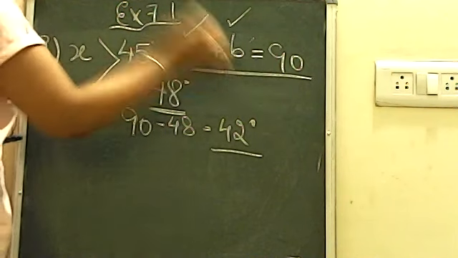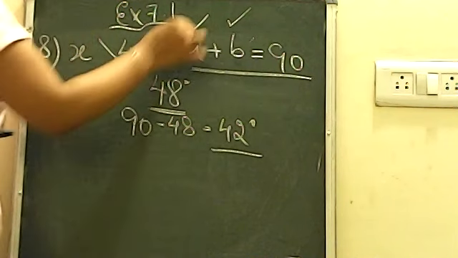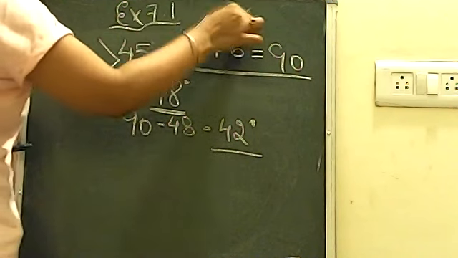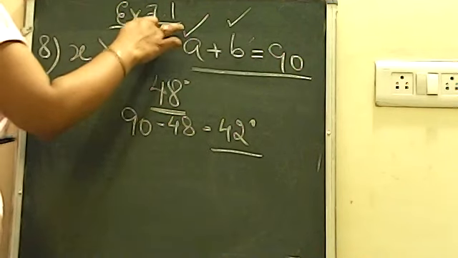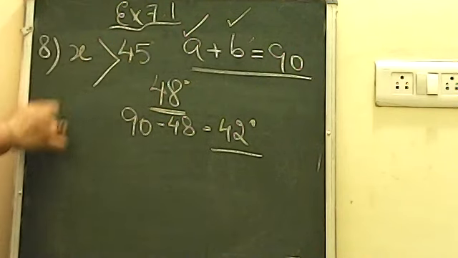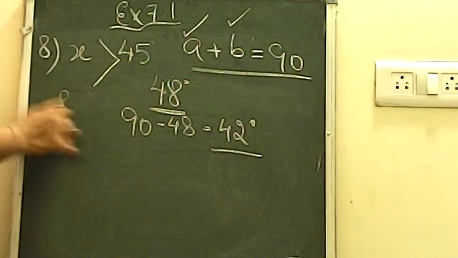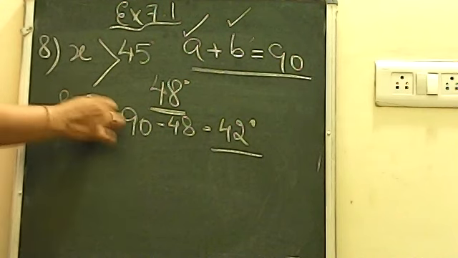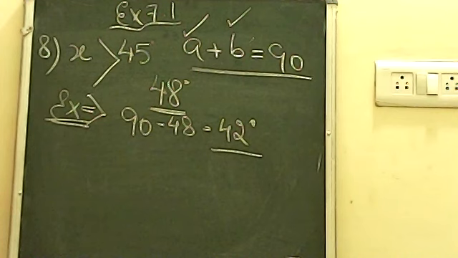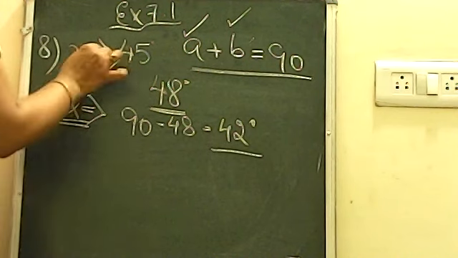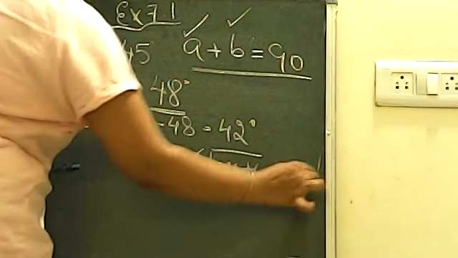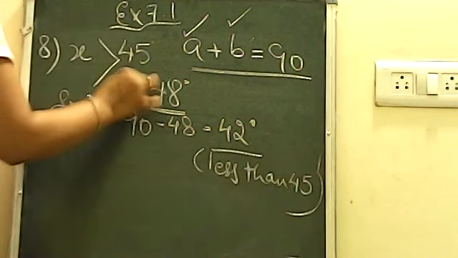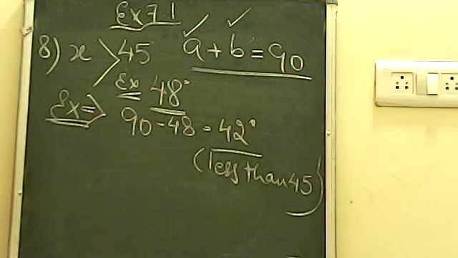So this should be kept in your mind that if you take one more than 45, another will be less than 45. If you take one less than 45, another will be more than 45. So this you should take care, and you can also include an example while doing this question. Okay, so remember, if one angle is more than 45, another will be less than 45. This is the example of it. Okay, this is question number 8 now.